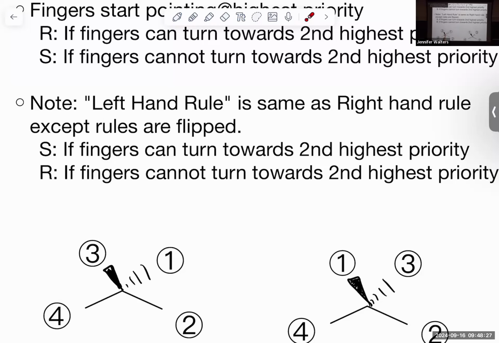So that means that this has to also be R because my left hand doesn't get to 2 first. It gets to 3 first. Right hand can do it, so then that makes this R. It's R no matter which one you do. But right hand can curl R, left hand can't curl R. When we do the other stereo center,